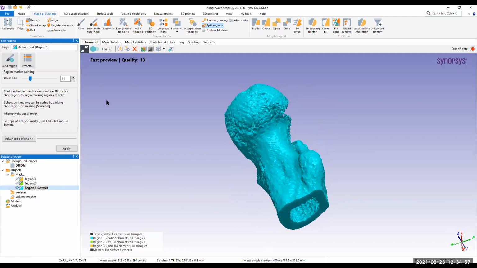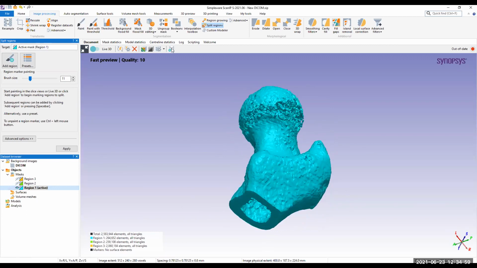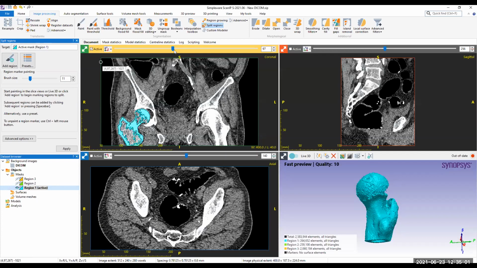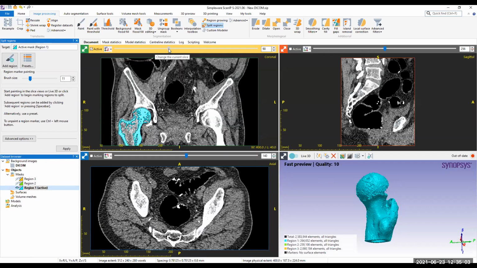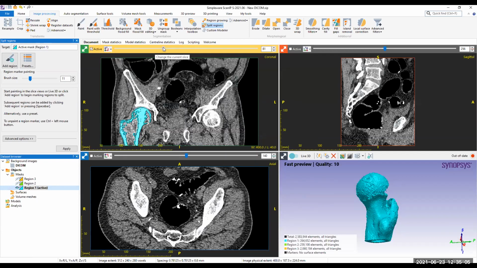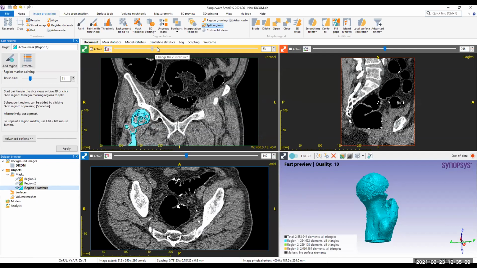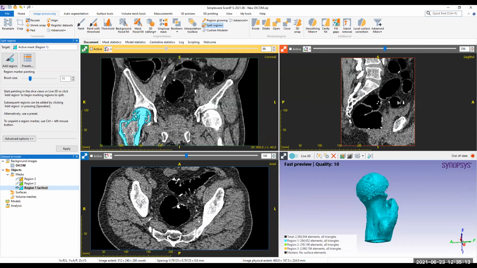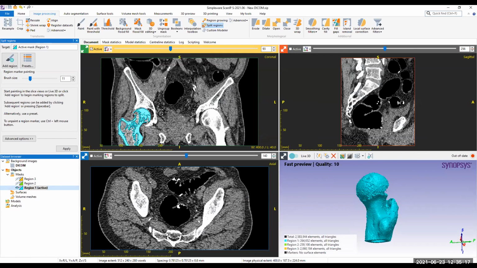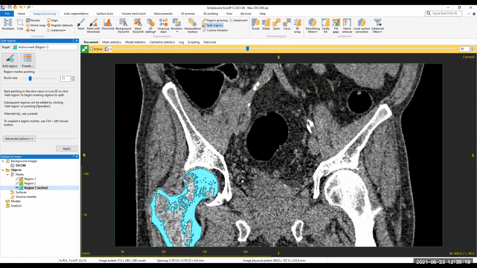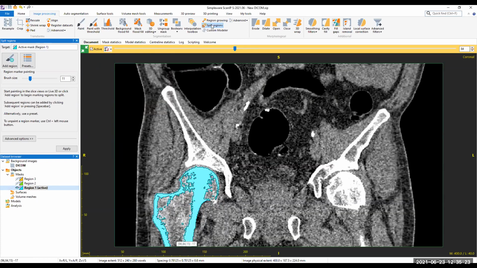This can be identified using the 2D view over here. This error is occurring mostly because of the resolution of the image that we have. We don't always get a very good quality of CT scan to work with. So what we can do here is fill up these cavities using some semi-automated and manual tools. So let's do that.